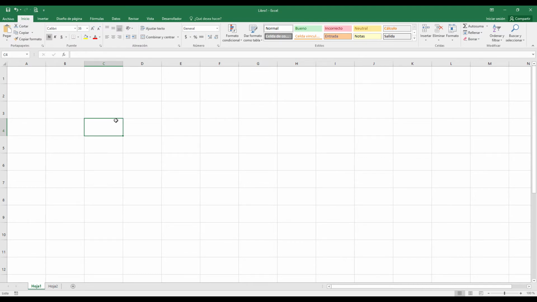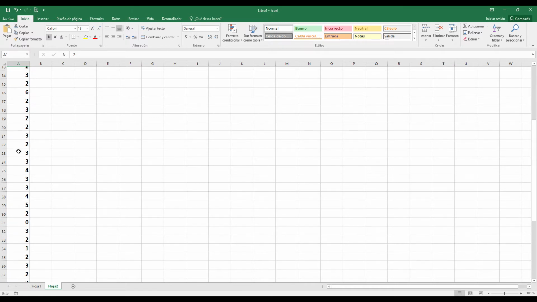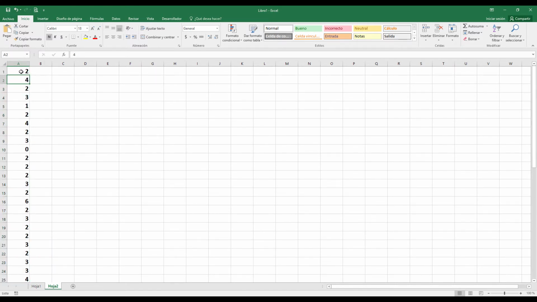To calculate all the data that you have in the table, you need to sort all the data. This is all the information about the arrivals of the cars. So I will sort.